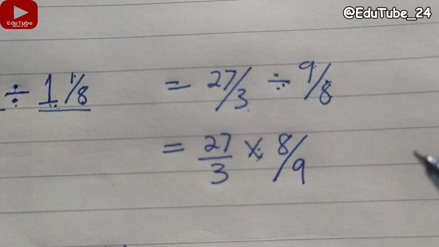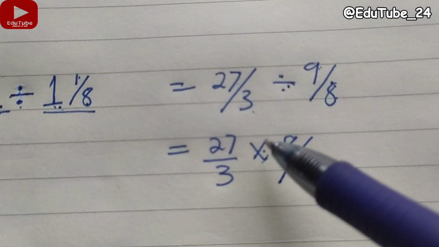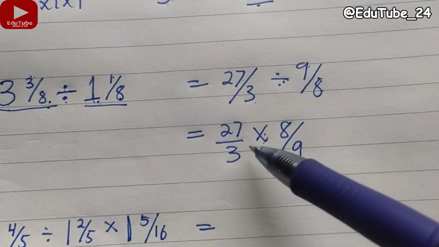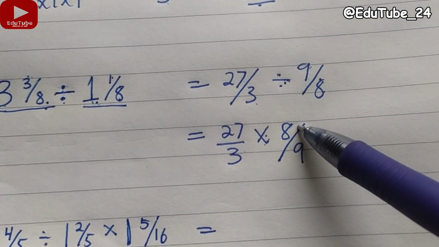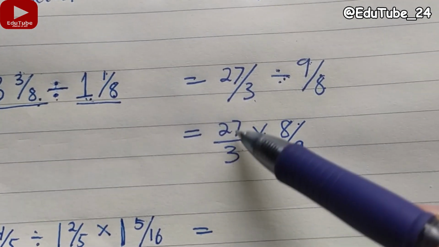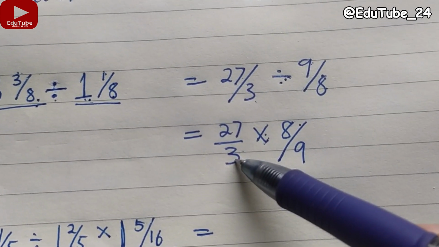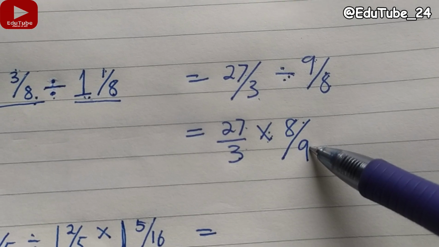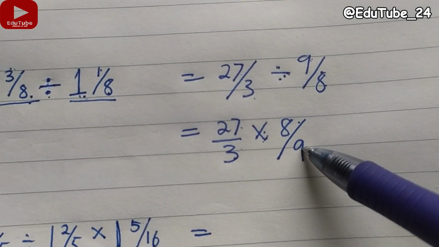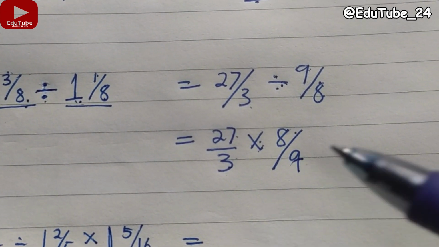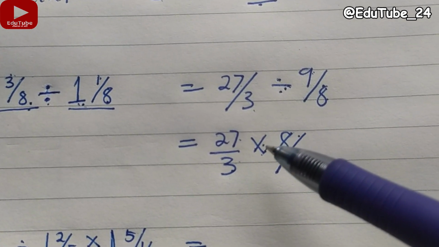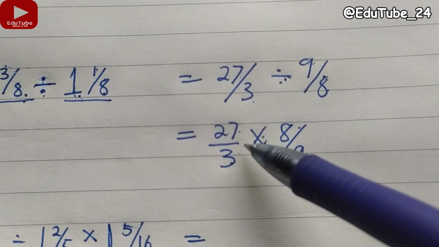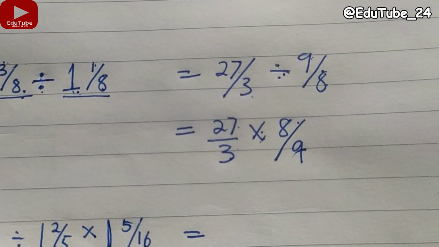Now at this juncture, I can now consider what can divide in the numerators and the denominators. So if I look diagonal, I will see that 3 and 8 has nothing in common. And if I look like this, I will see that 27 and 3 has something in common. If I also look like this, I will see that 27 and 9 has something in common. So whichever direction or whichever approach you want to divide, you can. But for this example,